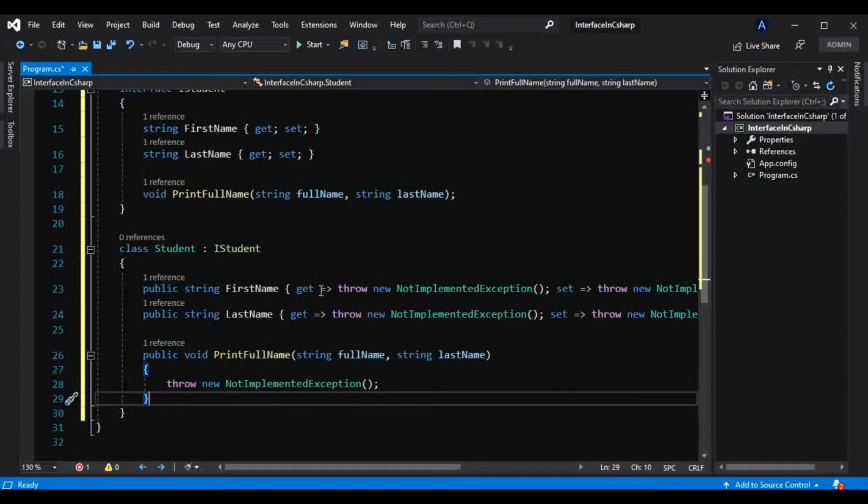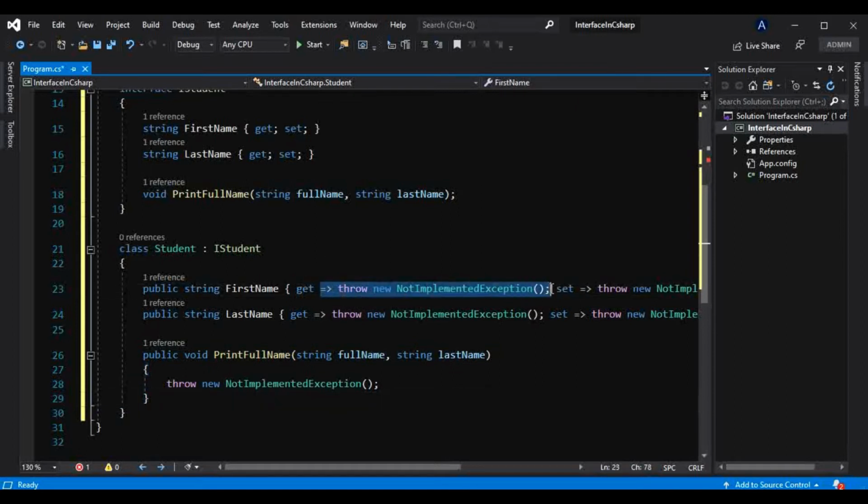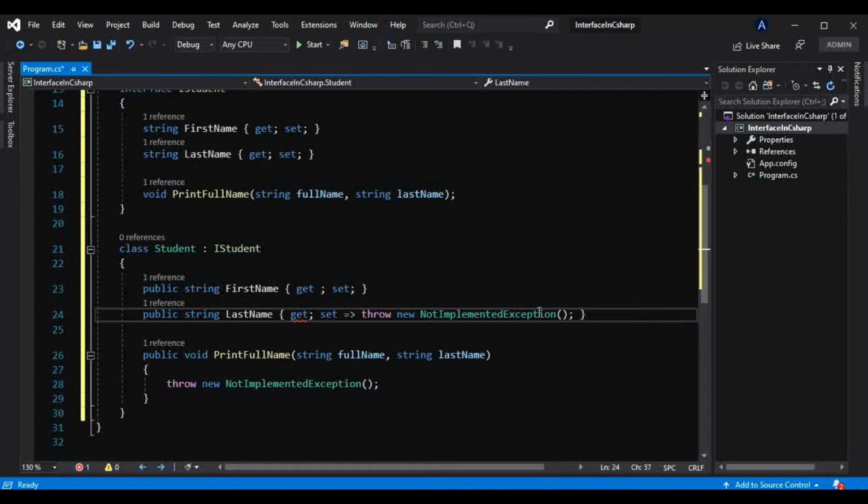Now it is not necessary that these properties have an implementation. Why? Because we can have auto-implemented properties in C#, and that also we have learned in this very tutorial. If you are not aware about what is an auto-implemented property, or rather what are properties, go and watch that first in order to understand this better.